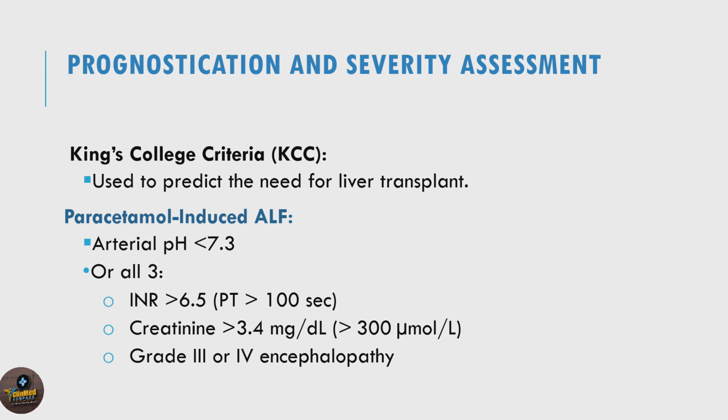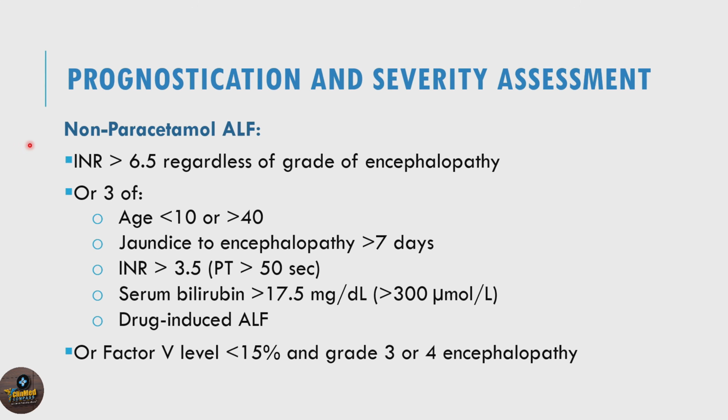Prognostication and severity assessment. The King's College criteria help determine the need for liver transplantation. In paracetamol-induced acute liver failure, transplantation is indicated if the arterial pH is less than 7.3, or all three of the following are present: INR greater than 6.5, creatinine greater than 3.4 milligrams per deciliter, and grade 3 or 4 hepatic encephalopathy. In non-paracetamol acute liver failure, transplantation is indicated if the INR is greater than 6.5, regardless of the